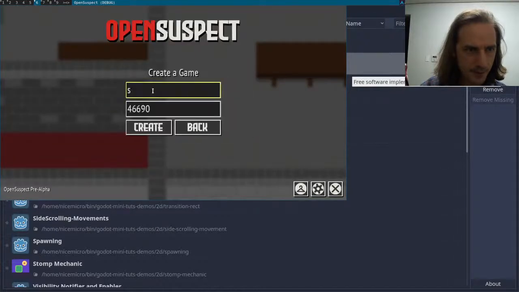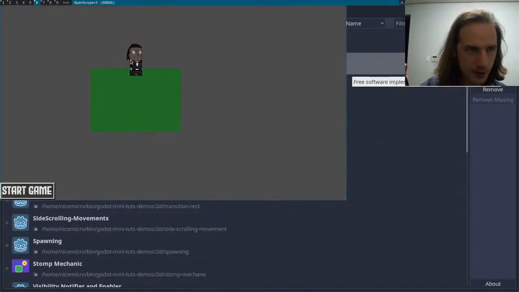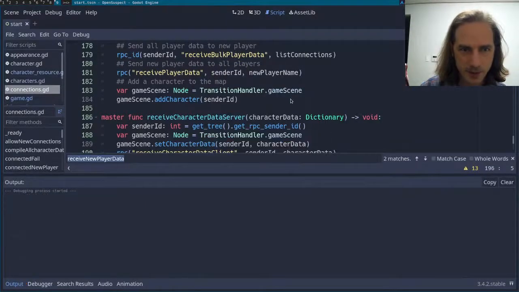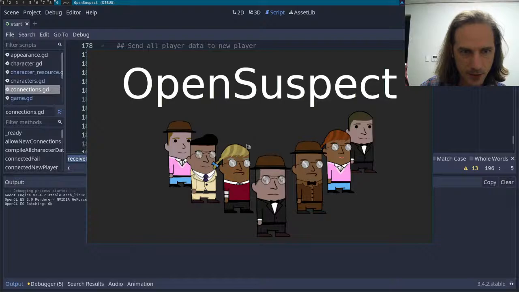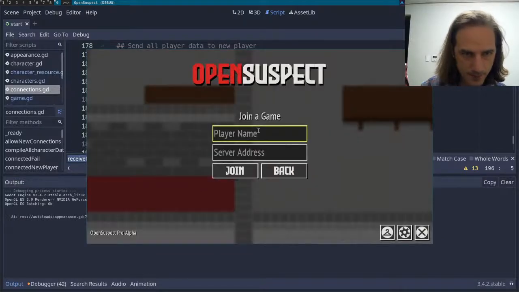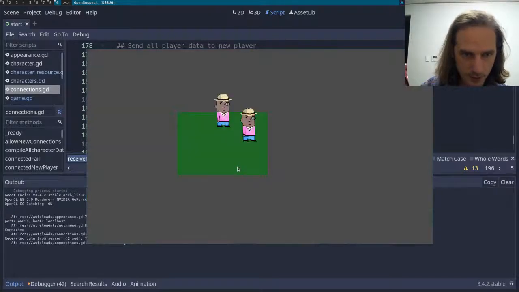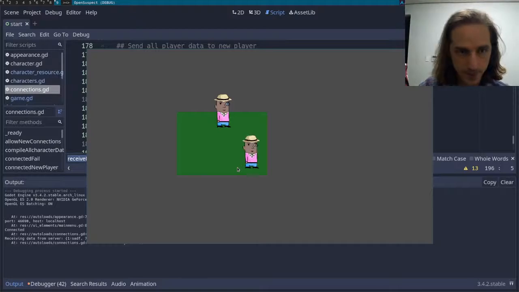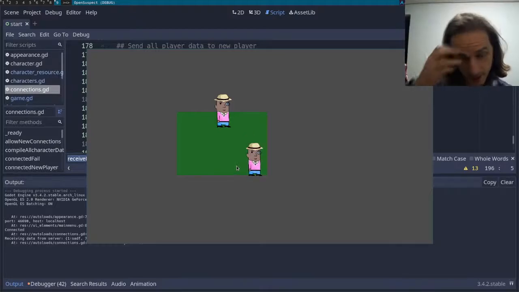Okay, so create a game. Definitely we got this long-haired dude in a tuxedo, and then if I create or join the game here with my pink dude, or pink lady in a hat rather,